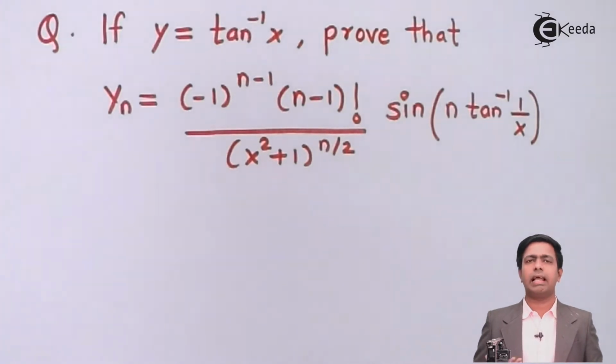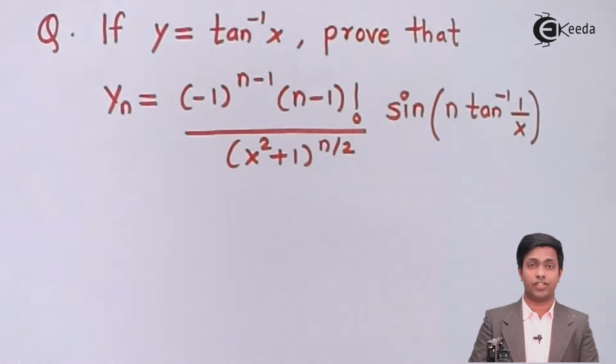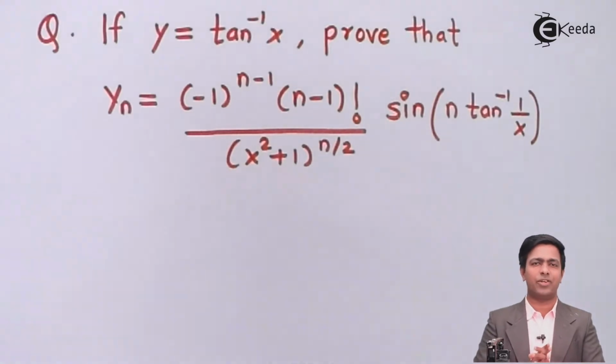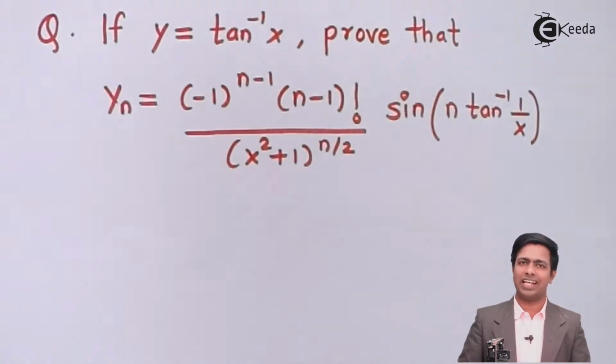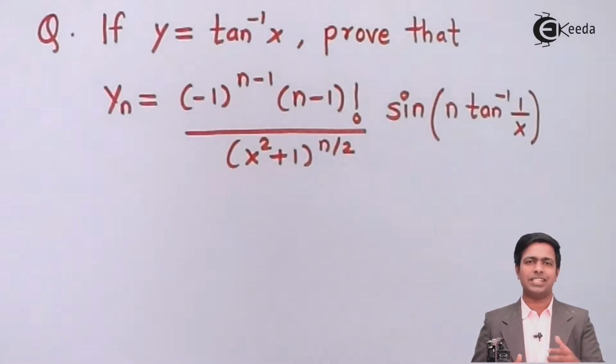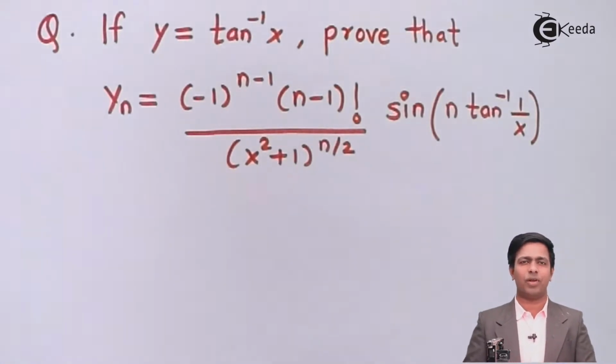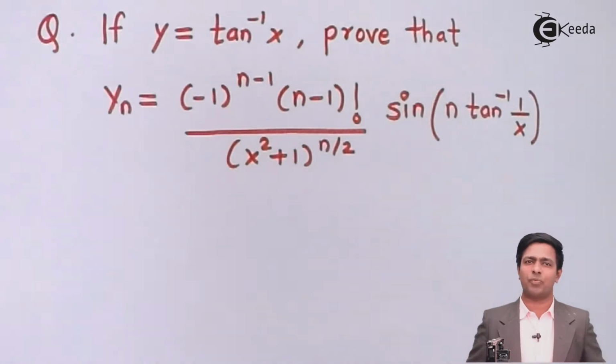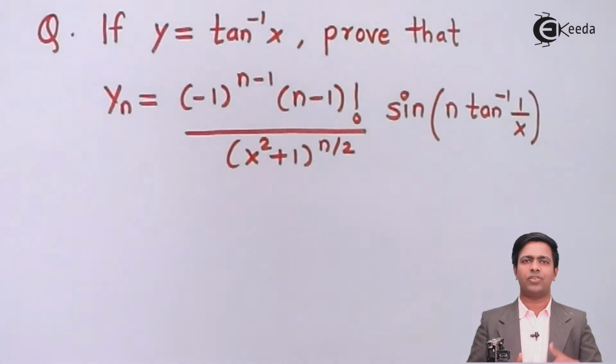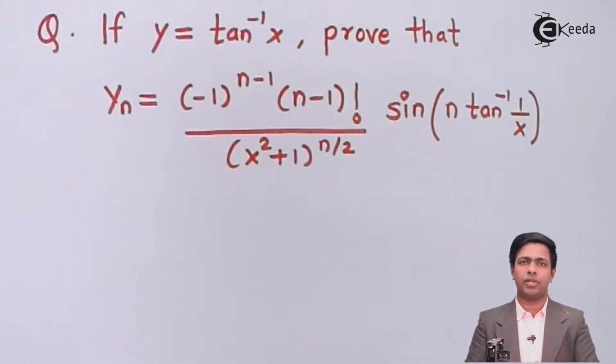Now guys, to get the nth derivative, we use a formula to get the nth derivative of the given function. Here the function is tan inverse of x, and we don't have any standard formula to find the nth derivative of tan inverse of x. So what I will do is find the first derivative of that given function, and then check if the nth derivative of that first derivative is possible or not. If it is possible, then we'll use the standard formula to find the nth derivative. If it's not possible, then I will find the second derivative, third derivative, and then we will guess what would be the nth derivative.